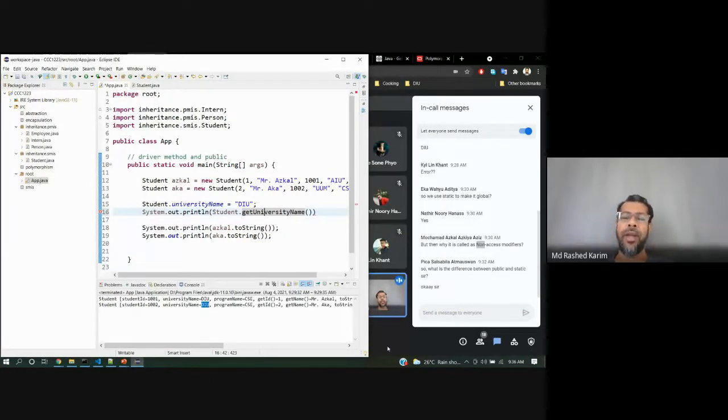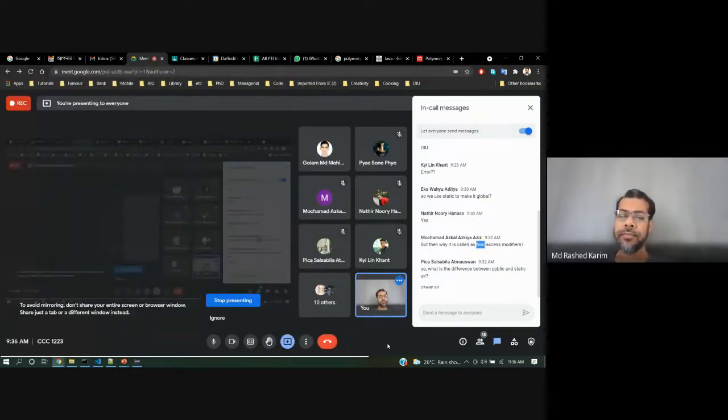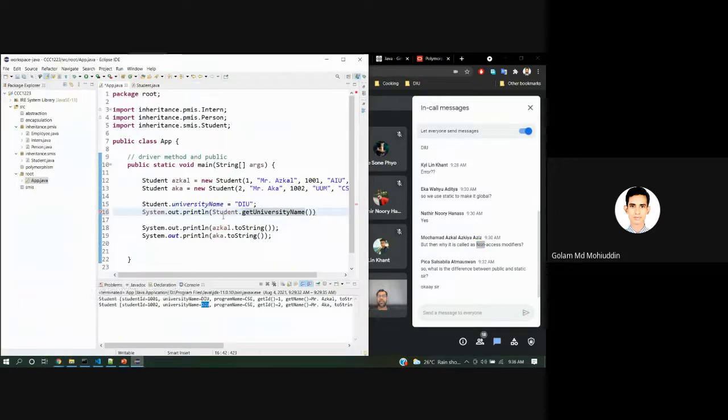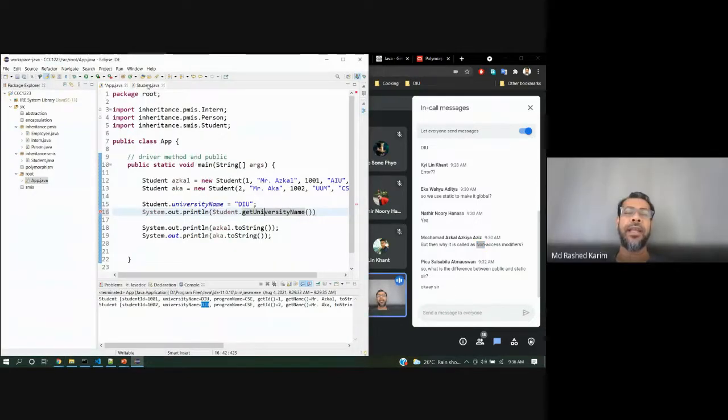And the main point is, it's a global variable so that the memory management will be efficient. As it is a common value for each and every object, I will declare it in a common place. Understand? Excuse me, sir. For this static keyword, do we always use it in string? It can be used in integer variable or anywhere.